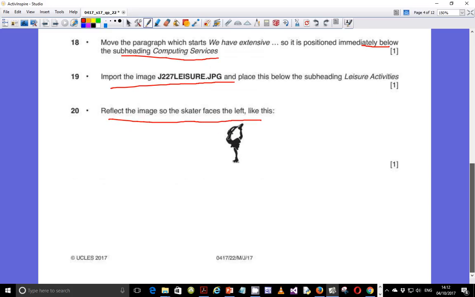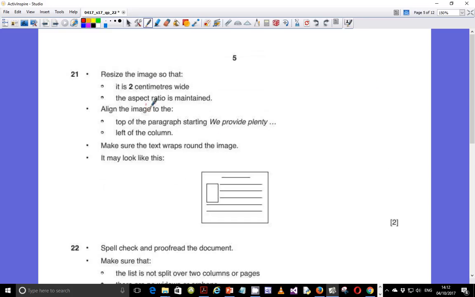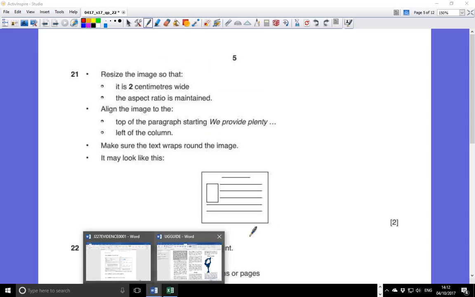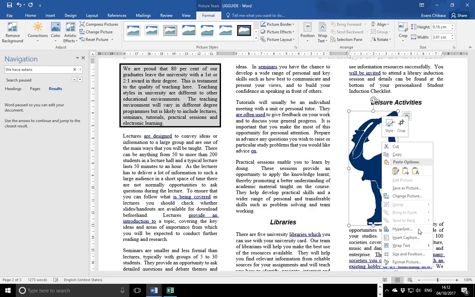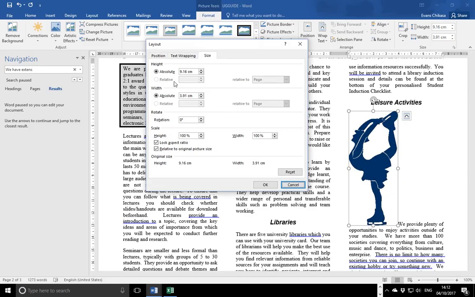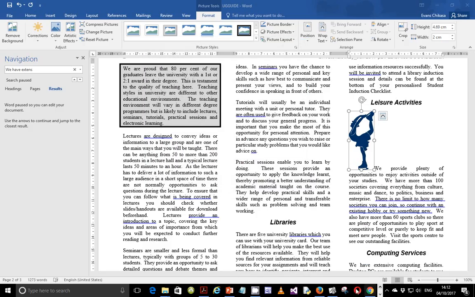the next one is supposed to be resize the image so that it is 2 centimeters wide and the aspect ratio is maintained. So let's see, 2 centimeters wide. So go to size and position and make sure that it is 2 centimeters wide. Okay, 2 centimeters wide, and the aspect ratio should be maintained. Next,